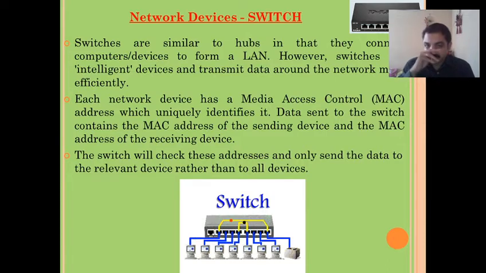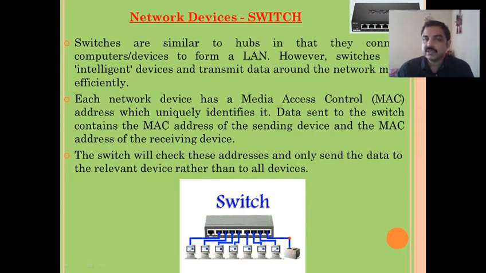What happens in a hub is that when we send a message through the hub, it is broadcast to all nodes, whether they requested it or not. But in this case, the switch checks the MAC address of the sending and receiving device, so the data is sent only to the intended node. For example, you can see in this picture how data is transferring. From first to last the data should go, so it sends only to the intended node here. It won't be sent to all other nodes.